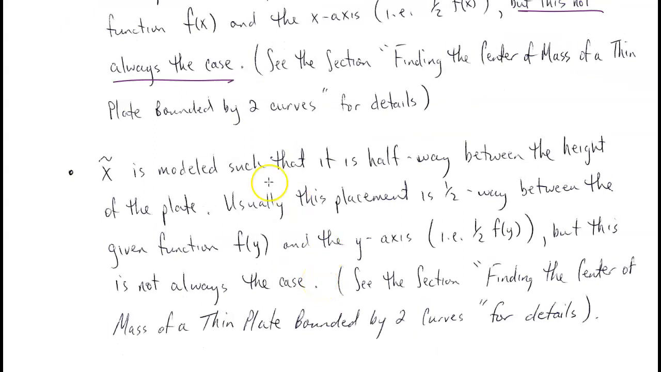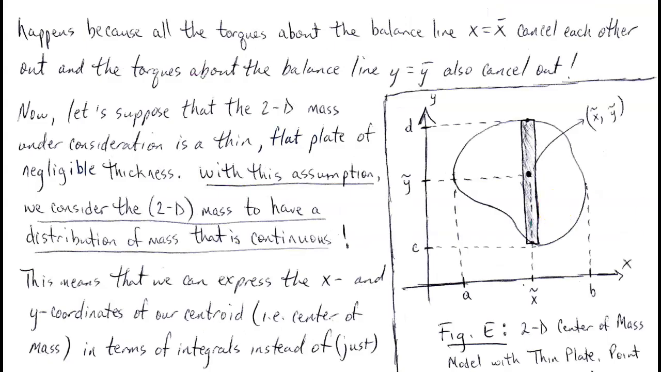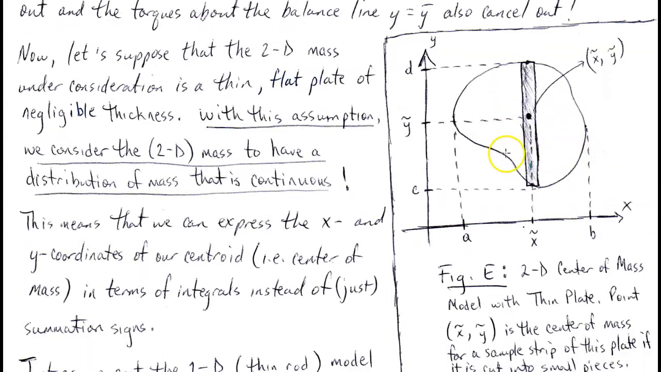In the next video. So x tilde is modeled such that it is halfway in between the height of the plate. Again, usually this placement is halfway in between the given function f of y and the y-axis. But again, this is not always the case. And so one example of this, I'm going to pause the video for a second and go back to it. You're going to see one example, and then I'm going to show you another one just so that it's clear. Now, if we go back to this figure E here that we had earlier, if I looked at,